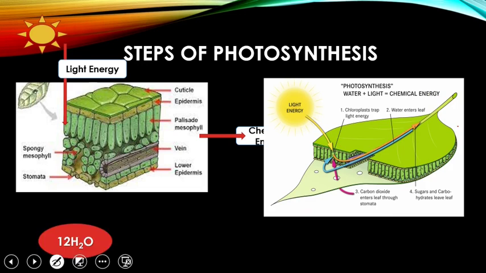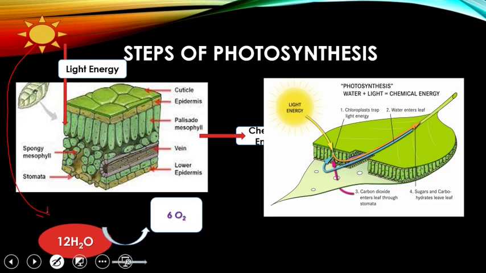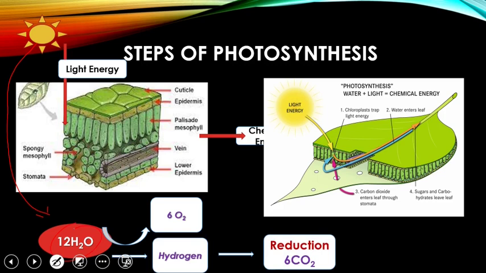Water molecule, where is the water molecule present? Again, I ask you, in the lumen of the thylakoid. Thylakoid, that single disc-like structure. What happens to this water? It splits up in presence of sunlight. Solar energy, it is also called photolysis. In higher classes, you will study photolysis. Water splits up in presence of light energy. Oxygen is evolved and hydrogen is accepted by carbon dioxide.